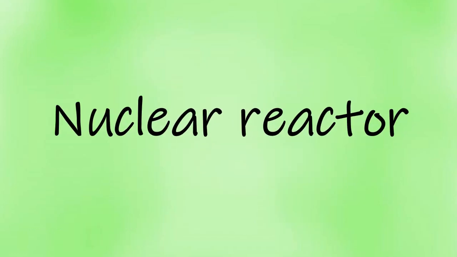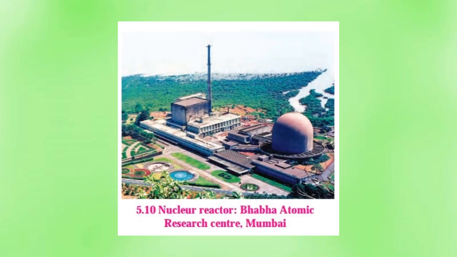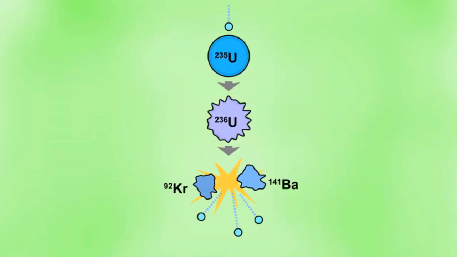Now let's move on to nuclear reactor. Nuclear reactor is a machine that generates electricity on a large scale by using nuclear energy. In a nuclear reactor, the nuclear energy in the atom is released by bringing about nuclear reaction on the nuclear fuel. Let us understand a nuclear reaction with the example of a nuclear fuel, namely uranium-235.